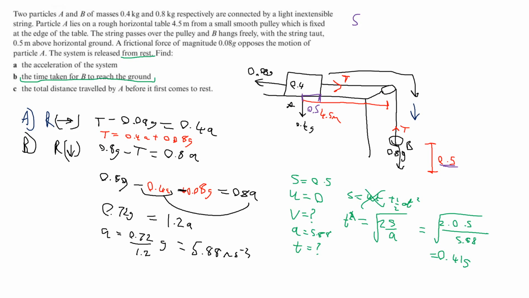We know S equals 0.5. We know that U is 0. We know V is... well, that's what we're trying to work out. A is 5.88. And we know T is 0.41. Okay? So we can actually use a myriad of different